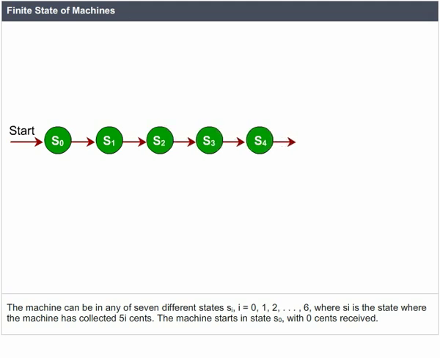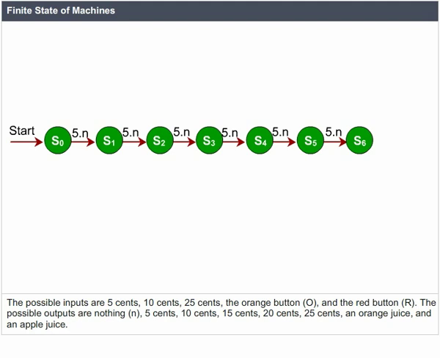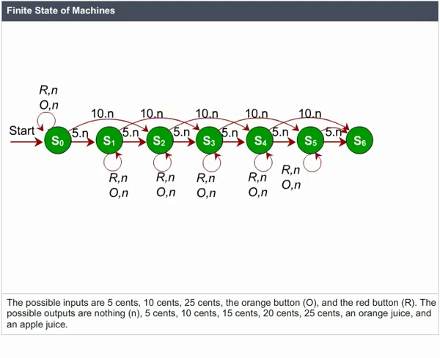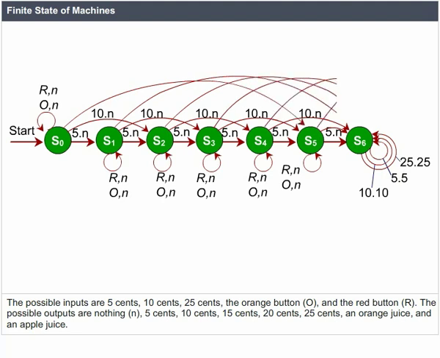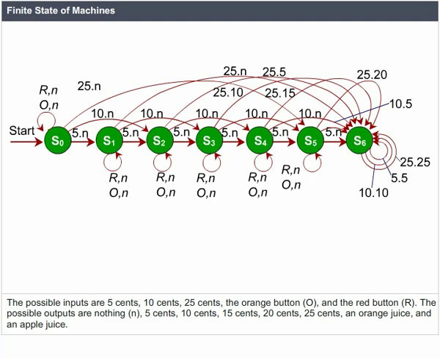Si is the state where the machine has collected 5i cents. The machine starts in state S0 with 0 cents received. The possible inputs are 5 cents, 10 cents, 25 cents, the orange button O and the red button R. The possible outputs are nothing, N, 5 cents, 10 cents, 15 cents, 20 cents, 25 cents, an orange juice and